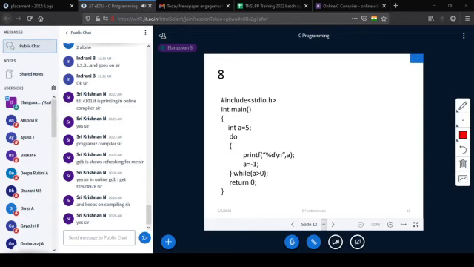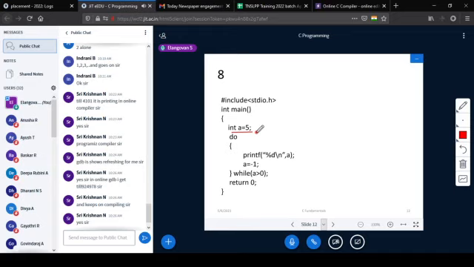A is 5. Now A is printed as 5. A is modified to a value of -1, while A greater than 0.